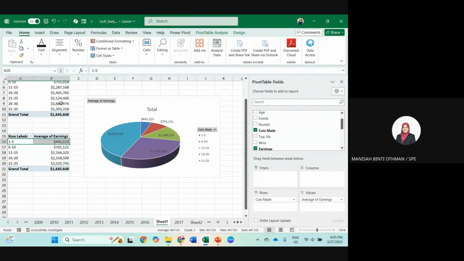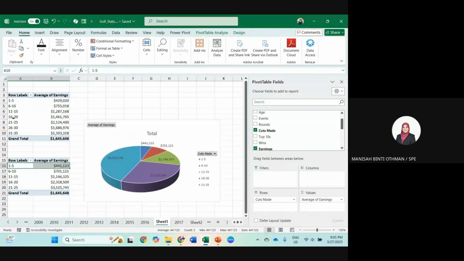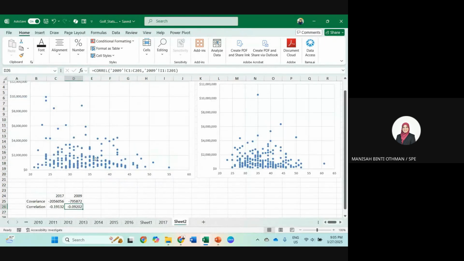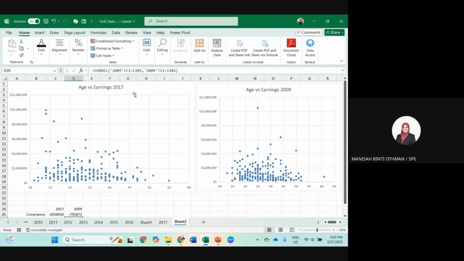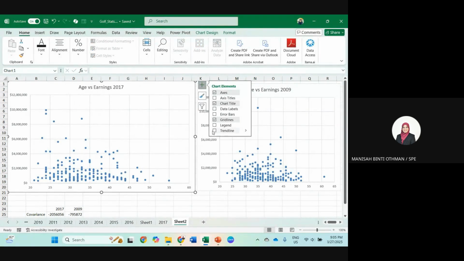Alright, so that's how you summarize and display between numerical and numerical. You can summarize using a pivot table, but for at least one variable you need to group, do some groupings, and then you can display using a chart, or you can display using a scatter plot. If you want to add lines, you can click here, click plus, and add the trend line. You will see negative, reducing.